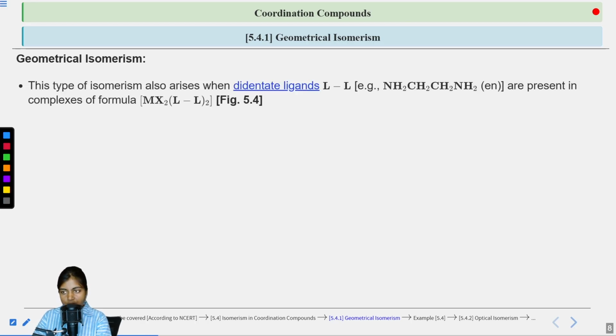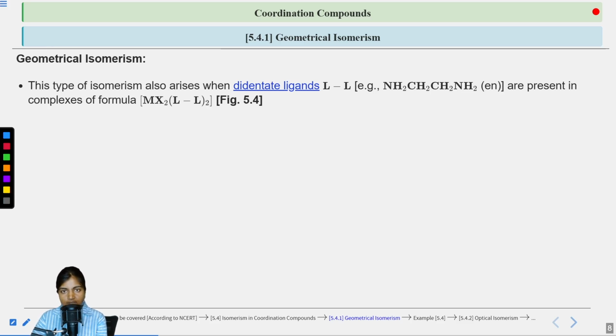This type of isomerism also arises when there are didentate ligands like LL. LL means two ligands present in a single molecule to become one ligand, and it is acting as a didentate ligand. That means two donor atoms are going to be present in that ligand. So this type of isomerism, that is geometrical isomerism, also occurs when the didentate ligand of